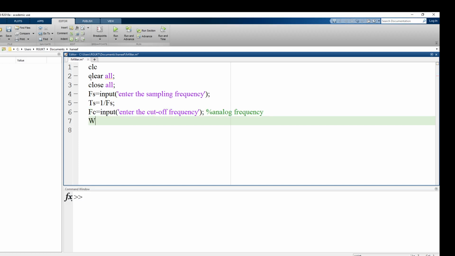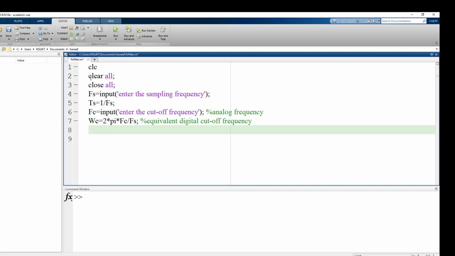To convert it into digital frequency, we will define omega c. So omega c will be 2 into pi into fc by fs. So this will give you the equivalent digital cutoff frequency. Okay,